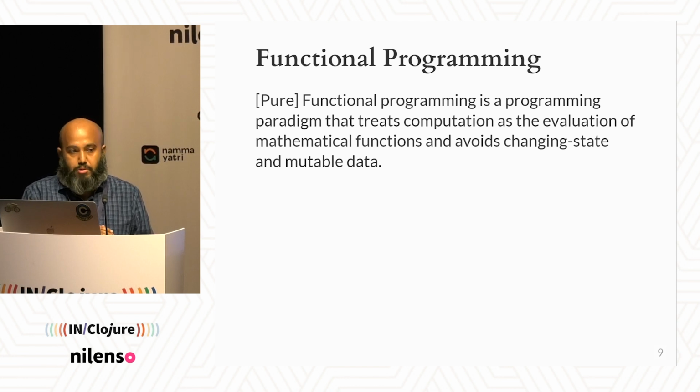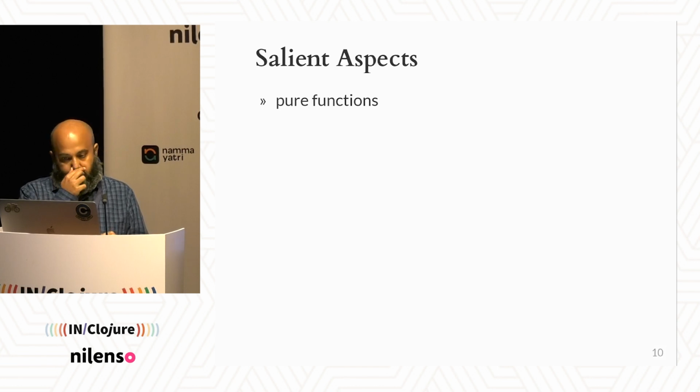We, as Clojure developers, and a lot of other functional programming languages these days, do not do pure functional programming, right? But it is something that we should aspire towards because, in my opinion, it leads to less accidental complexity, right? So what are important aspects of functional programming? Again, this is something you may be very familiar with.